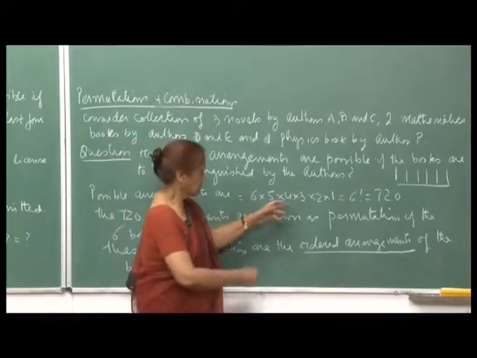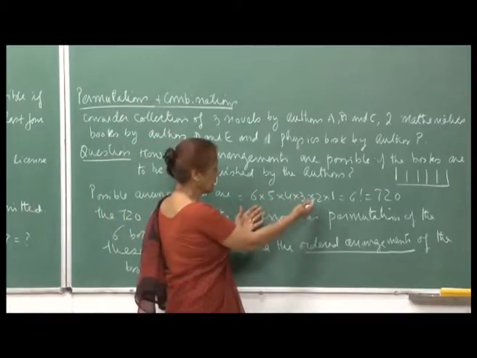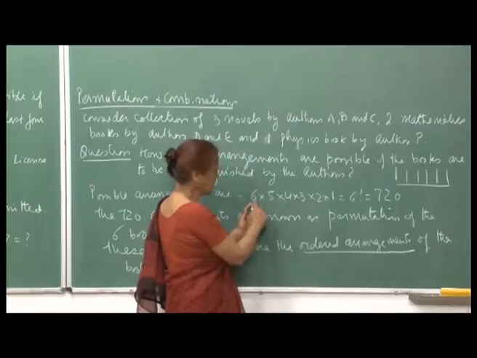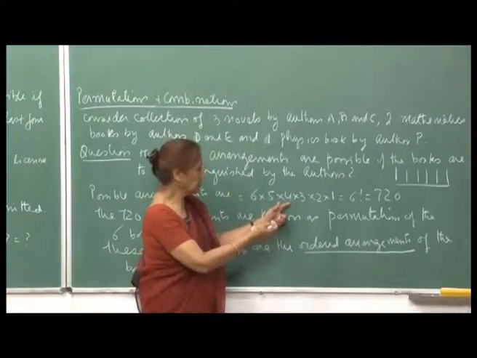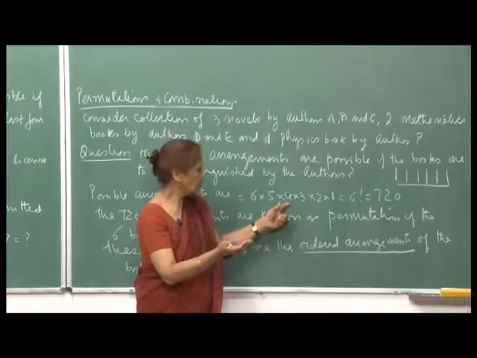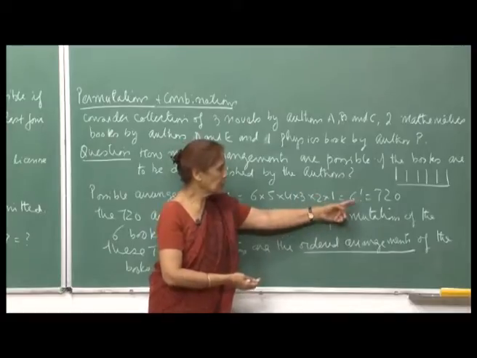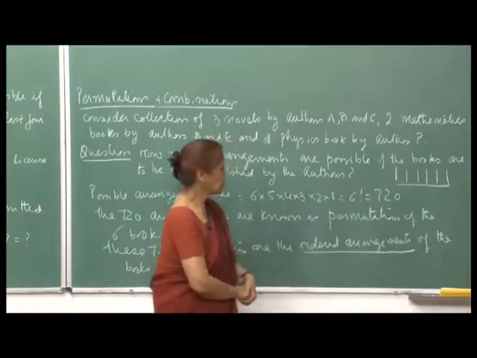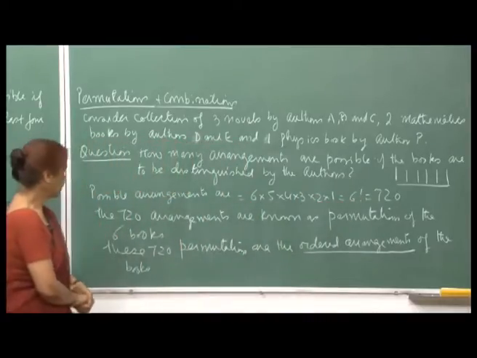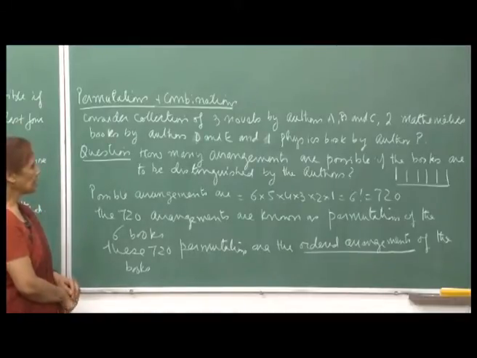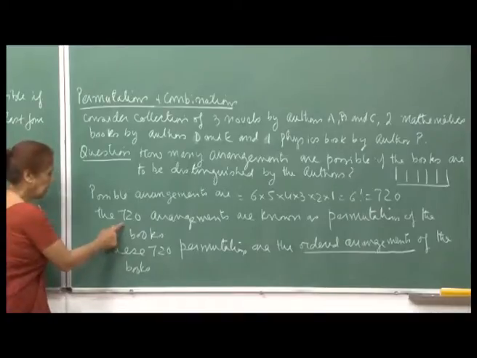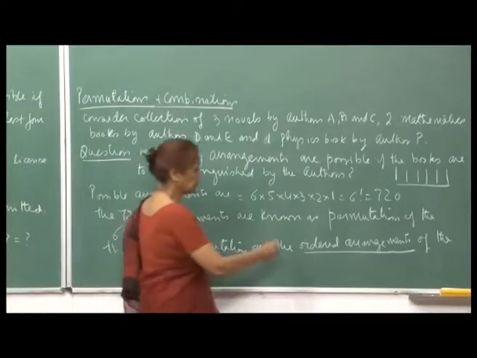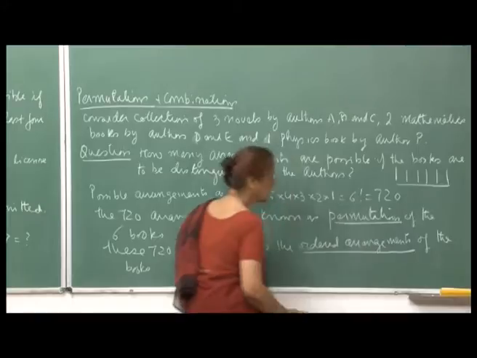And again, therefore, out of the 6 experiments, I am just saying what the possible outcomes are. So, once I have chosen 2 books here, then I am left with picking out the book for the third place from among the remaining 4 books, and then 3, 2 and 1. So, the total number is 6 factorial, which is 720. Right. Now, these 720 arrangements are known as permutations of the 6 books, and the permutation word is essentially saying